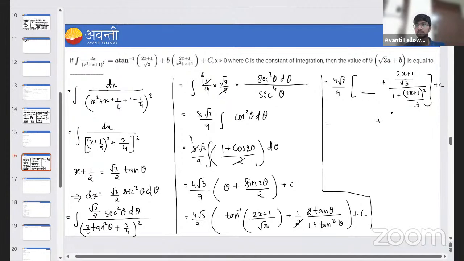यहाँ पे मेरा क्या बचेगा? 3 कैंसिल, रूट 3 बचेगा ना. एंड रूट 3 ऊपर आ जाएगा. रूट 3 इंटू 2x plus 1. आई एम जस्ट टेकिंग एलसीएम, एक दो स्टेप खा रहा हूँ. इट्स फाइन. रूट 3 इंटू x plus 1 अपॉन 2x plus 1 by root 3. एक मिनट. tan theta was,